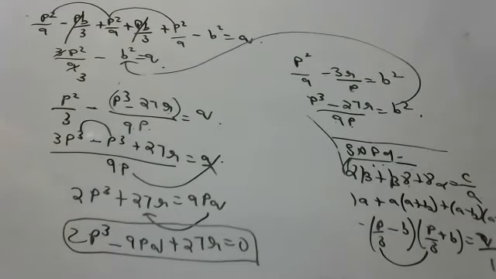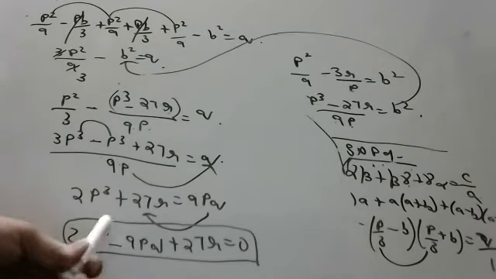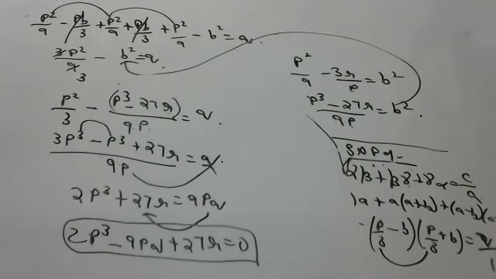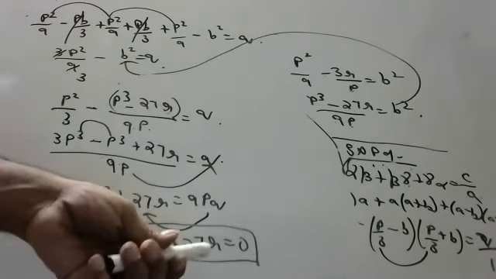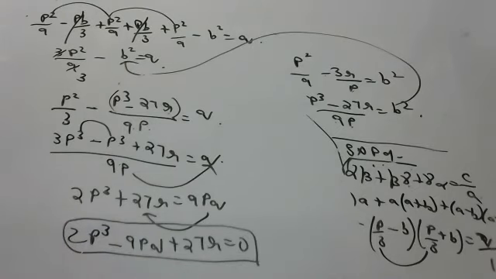Sir, last sum. Last sum you want, Rama? Yes, sir, 12th. The 12th one, I didn't know. See, can you see the answer? The answer is there in 12th only. I forgot. Sorry, children. The 12th sum and this sum are the same. See the answer. In the 12th, I only gave the answer. Prove that 2P cube minus 9P cube plus 27R is equal to 0. In the 12th one the answer is there, children.